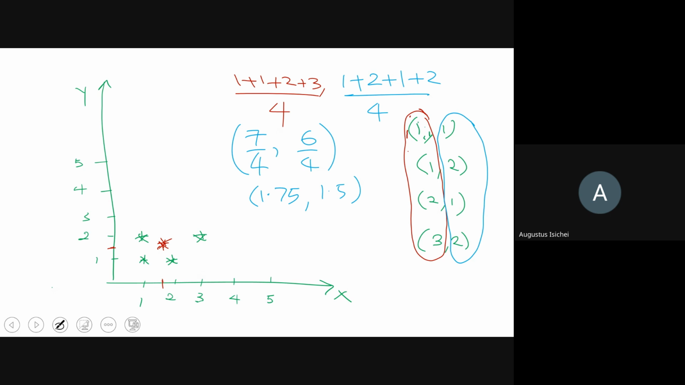Are we following so far? If you are following me up to this point, give me a thumbs up. Good. That is the centroid. Fantastic. So what we're now saying is that